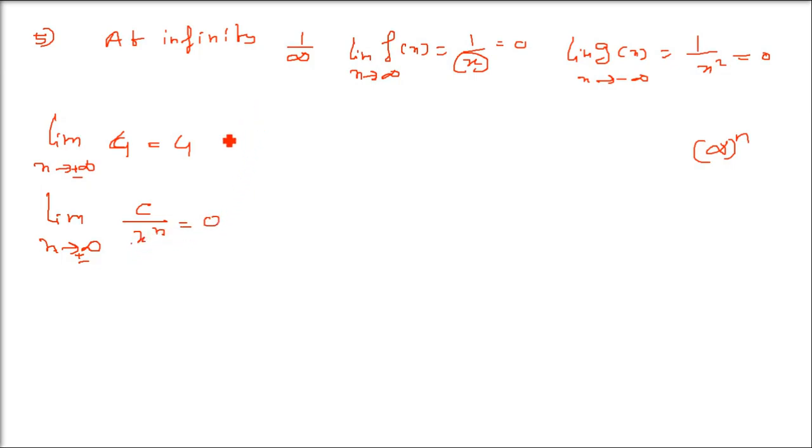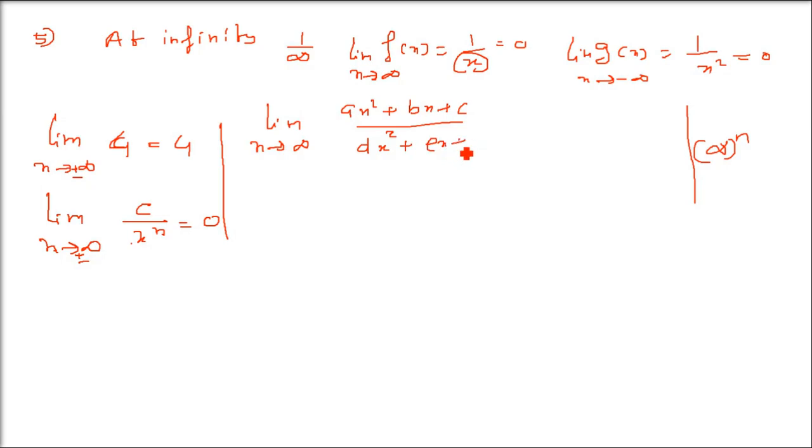So there are steps which we have to take, and I'll explain it with an example. So how do we do this? See, first we have limit x tends to infinity of ax square plus bx plus c, and the denominator is dx square plus ex plus f. Now if I apply infinity directly, you are going to get infinity by infinity. Anything added with infinity will be infinity. So we don't know, we don't want this.